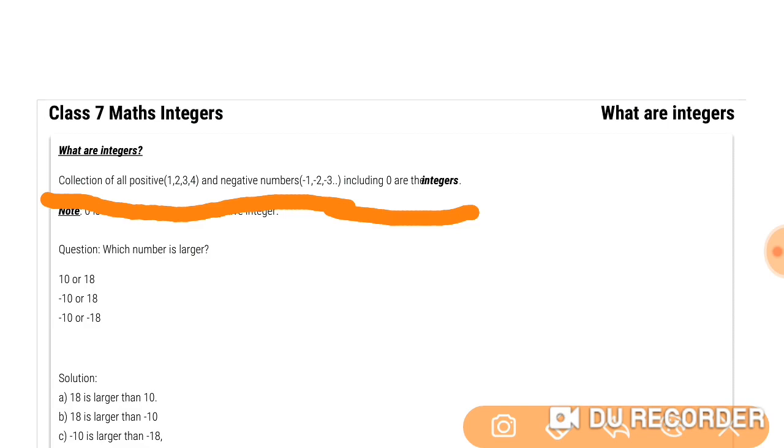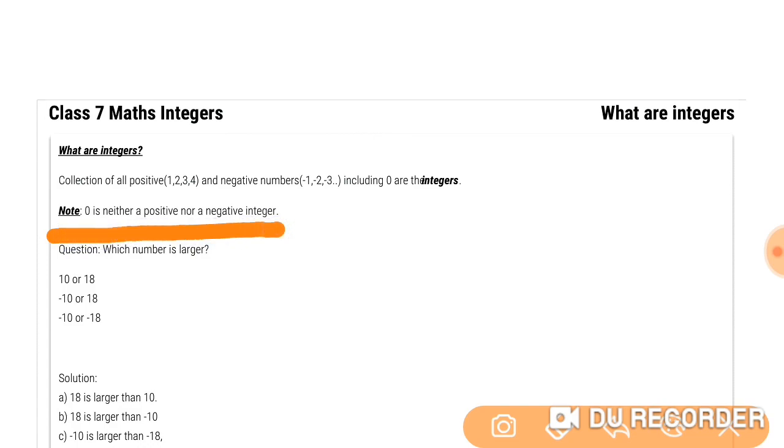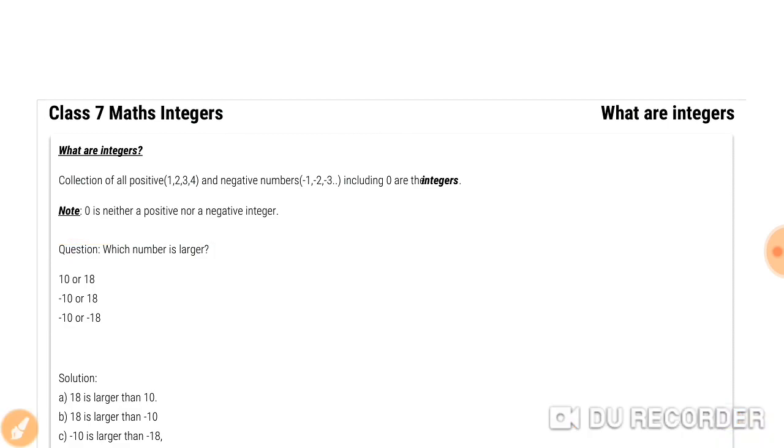Just now we studied the positive numbers, all called natural numbers, those are counting numbers, and the negative numbers, which come before 0, then including 0. All these together we can call integers. So 0 is neither a positive nor a negative number. Sometimes we are asked some questions. 1, 2, 3 and so on are which type of numbers? They are regularly called counting numbers, natural numbers or positive numbers.